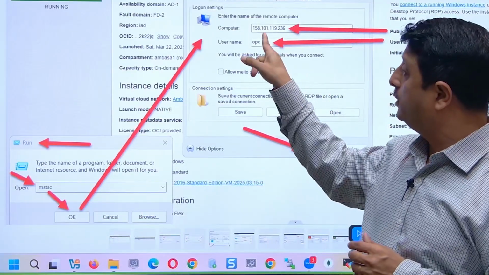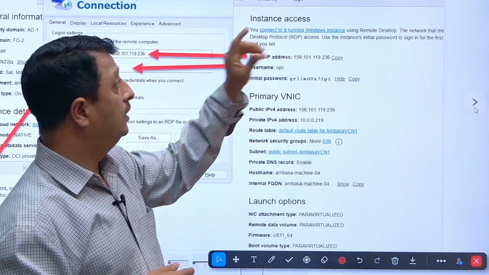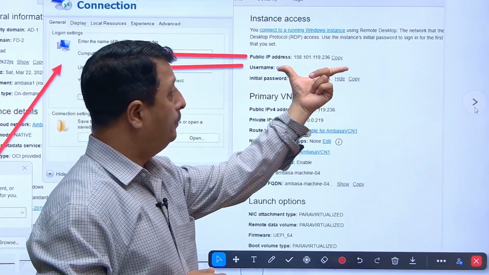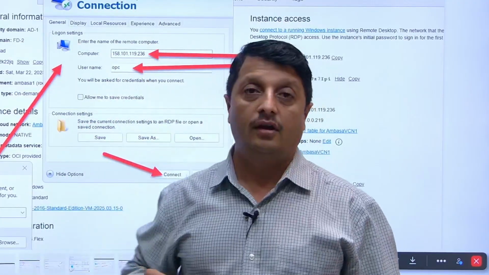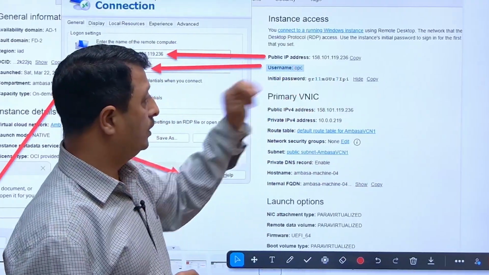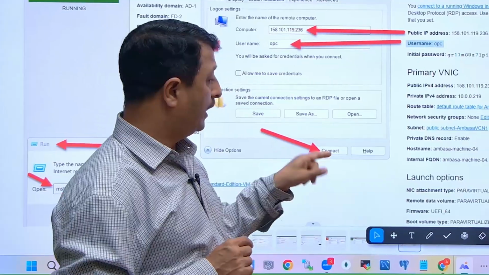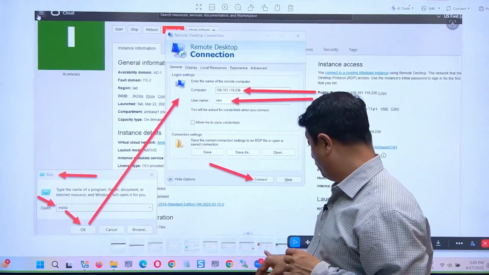You have to type the public IP, which you take from this page, the instance information in the instance access section. We have an IP address here. You copy this IP address and paste it here, then give the username, followed by Connect. Once you click on Connect, next would be